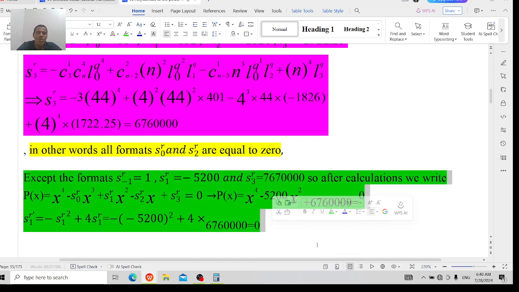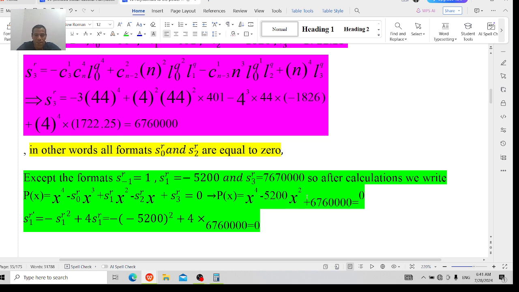Okay. Now learners, I'm going to write my new polynomial. You see this one? T of x equals x raised to the power 4 minus S0 for the R times x raised to the power 3 plus S1 for the R, x squared, minus S2 for the R, x plus S3 for the R equals 0. And S0 is 0, while S2 is 0. It remains only S1 and S3. So P of x equals x raised to the power 4 minus